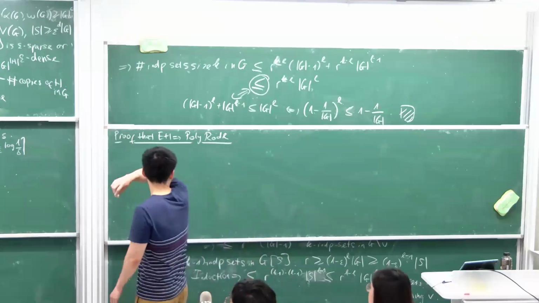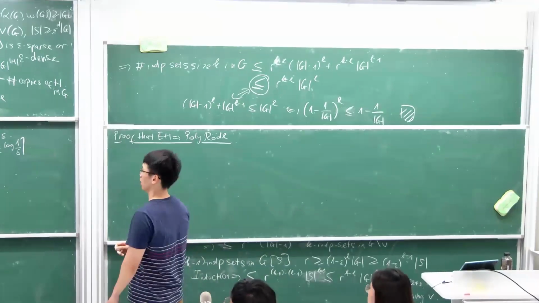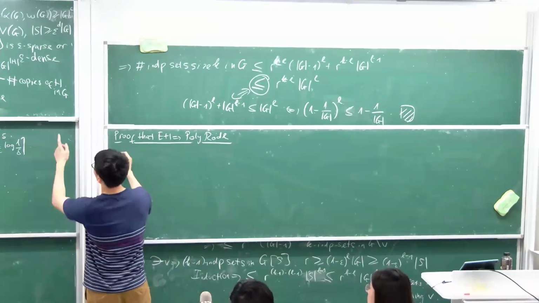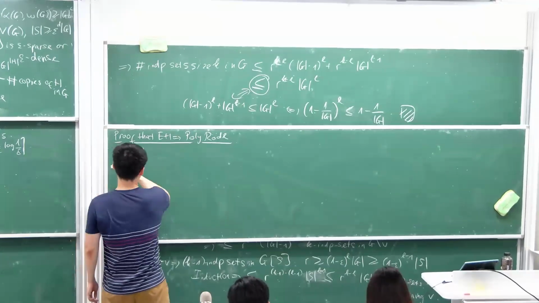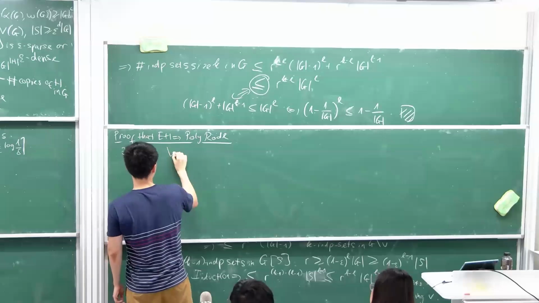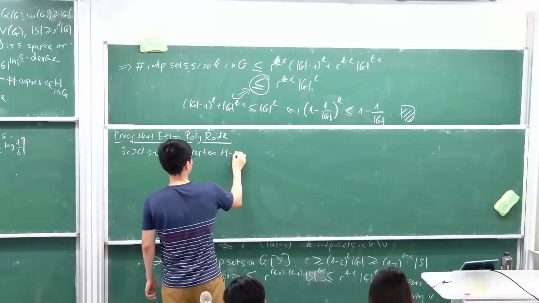Okay, so now I'm going to talk about Erdős-Hajnal implies Rödl. What Erdős-Hajnal says is, as above, there's some C, another C coming from the Erdős-Hajnal property, such that for n-vertex H-free graphs